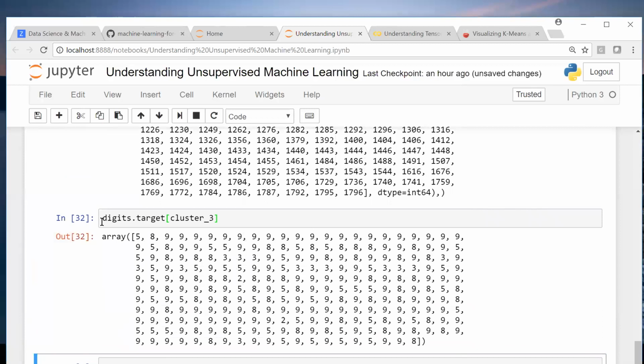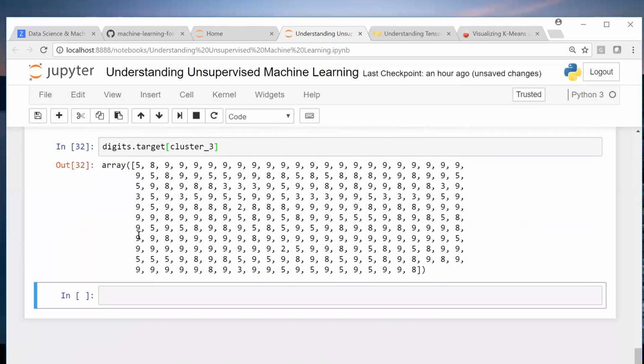But what is the actual cluster 3? So what would be the actual? I mean, how will you say? You'll say whichever is the majority, isn't it? We can see the picture, right? First we can check how many of these there are. First of all, we have to see the count of 8, 9, and 5. Then there is a utility present which will give you the majority of it.